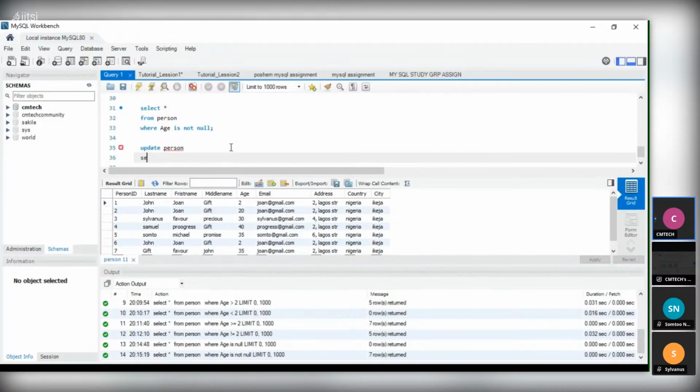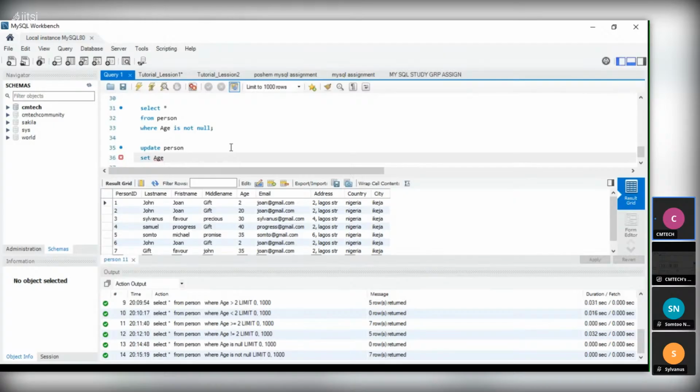Then we are going to set the column's name, which is age. Let's say age is equal to, then we are going to set it to